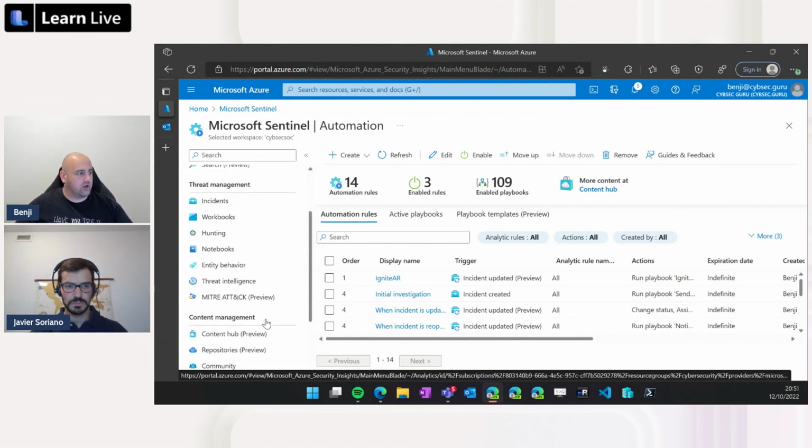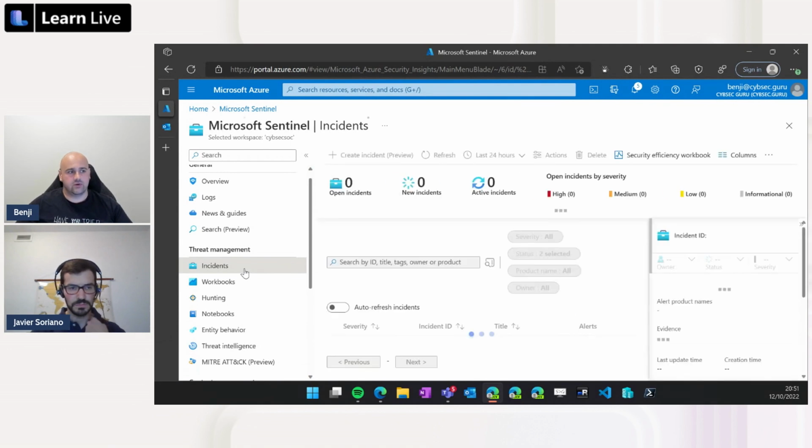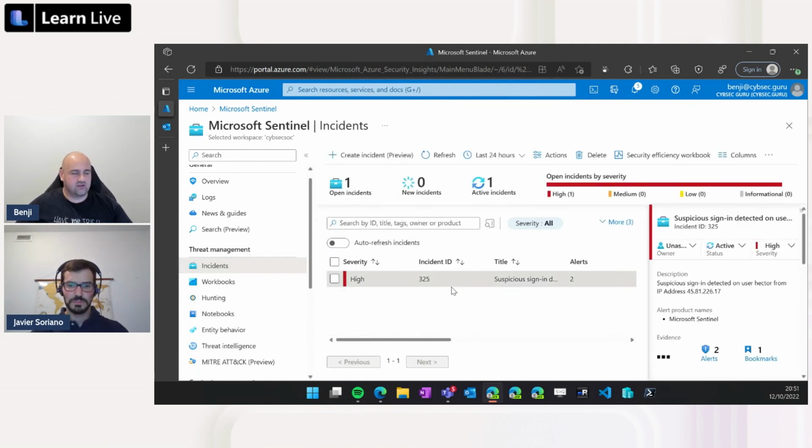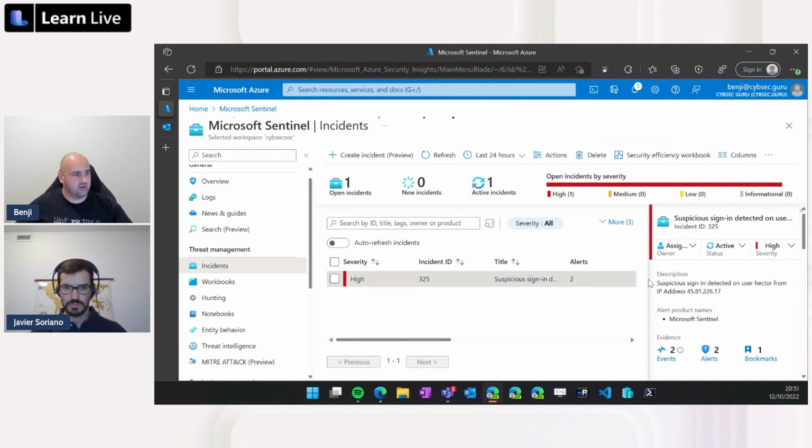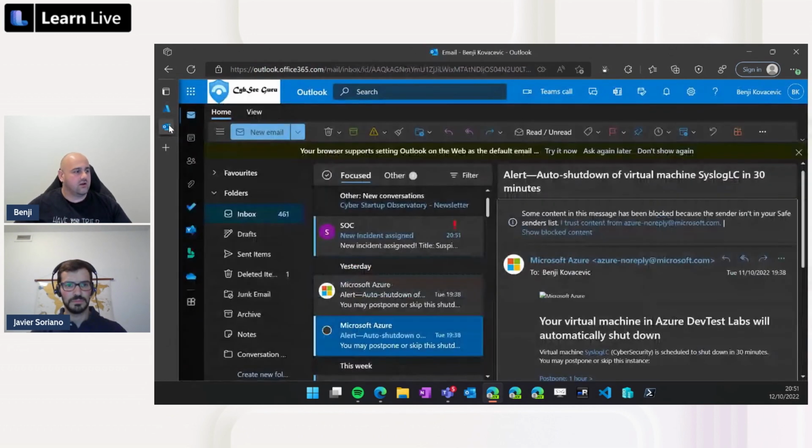And now what we need to do is go to the incidents and change the owner. So here we'll go to our incident, and from our incident view, we will change the owner. I want it to be assigned to me, and I will assign, apply. So now we can see that this is assigned to me, and the automation rule in the background will be triggered. That automation rule will trigger the playbook, and I already hear the noise telling me that I received a new email, so let's go see that email.